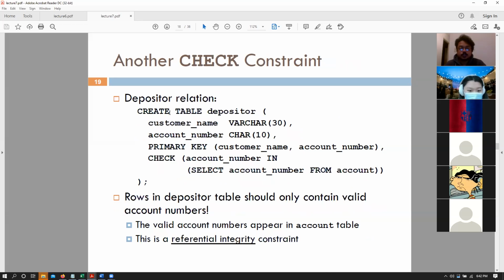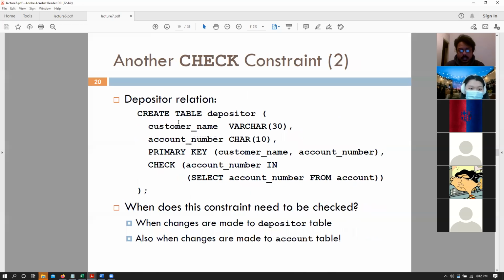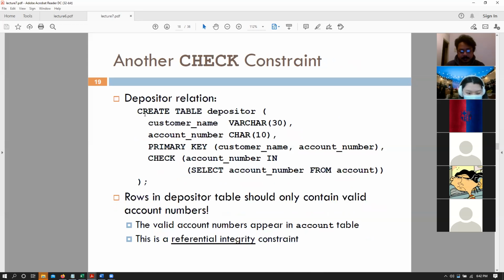Ooh, yes. So let's check this particular create table carefully, and we will talk about this next class onwards. So essentially we have create table depositor, customer name is varchar 30, account number is char 10, our primary key is both customer name and account number, so that entire pair has to be unique. Check account number in, select account number from account, right? So essentially this is specifying that our account number